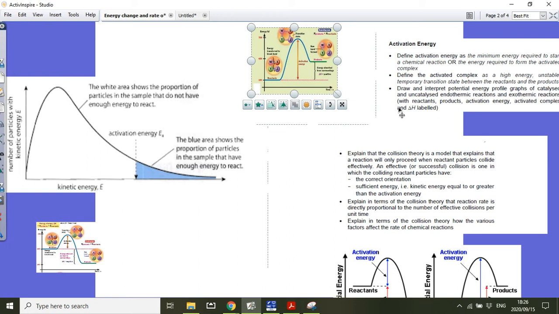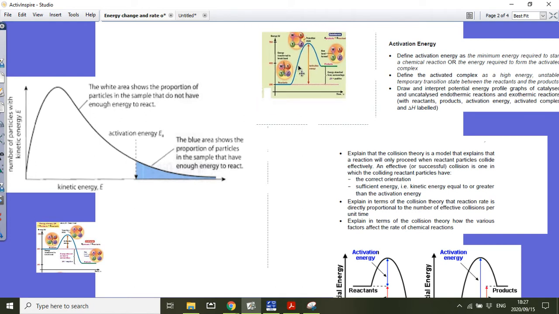So there's two things, and if I clap with very high energy, but my hands are not orientated next to each other, then it's not the correct orientation. So these two things are very important. To have an effective collision, I have to have the correct orientation. And what do we mean by sufficient energy? Sufficient energy means I need this energy here. So I need energy higher than the activation energy, or equal to the activation energy for a reaction to